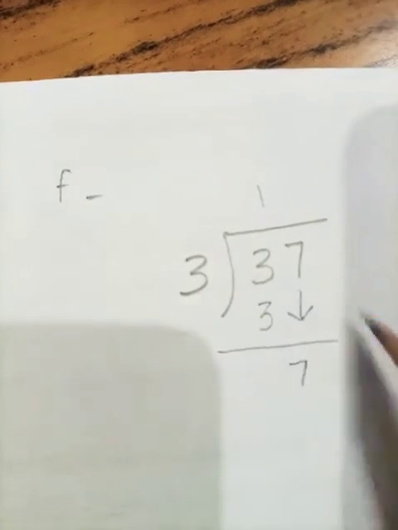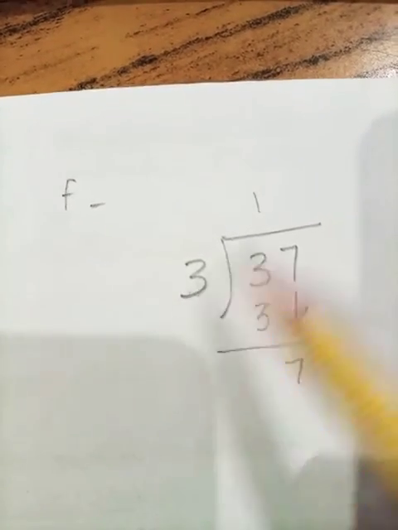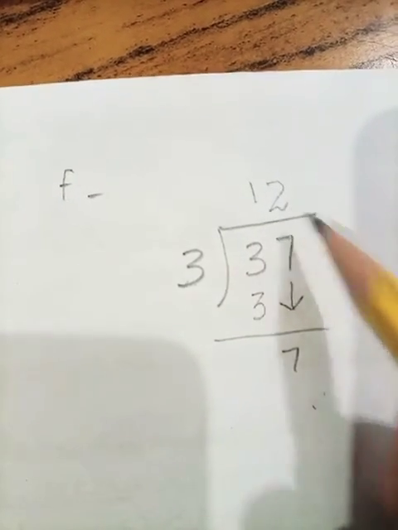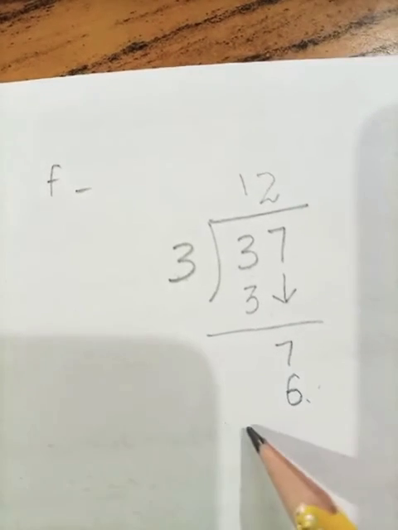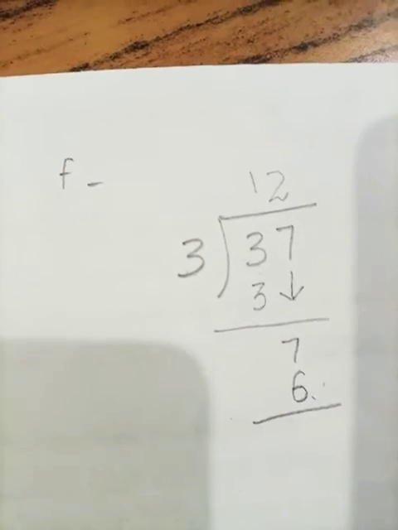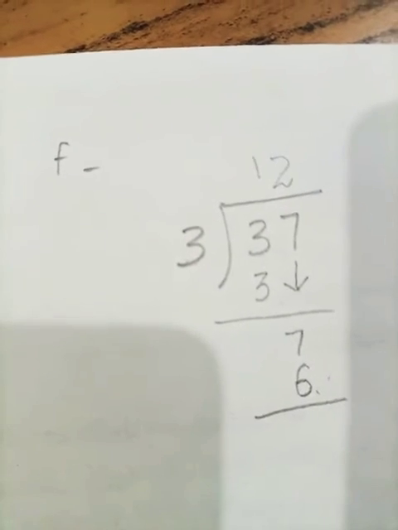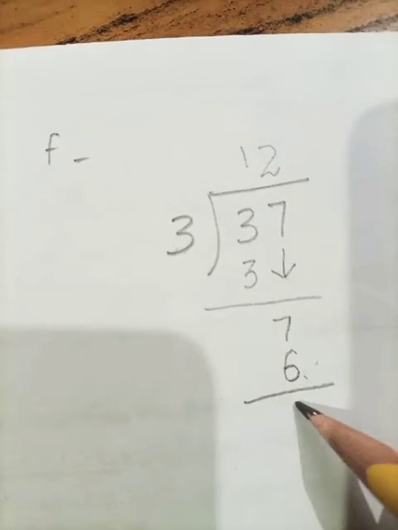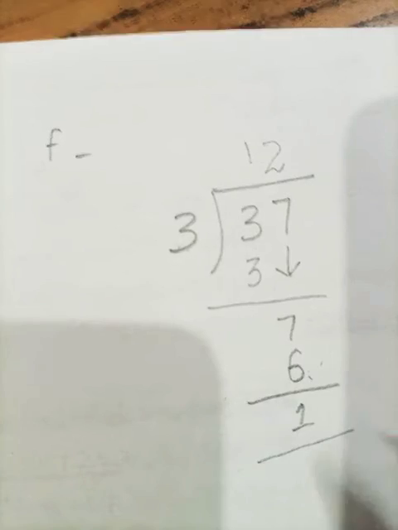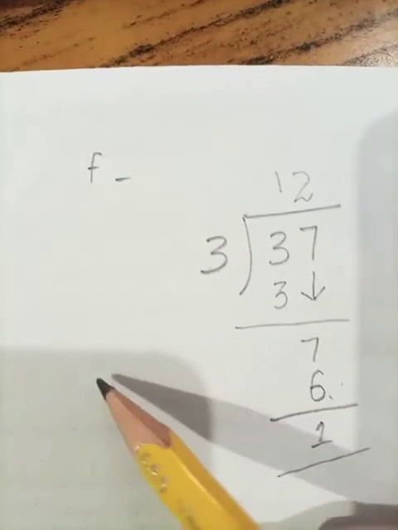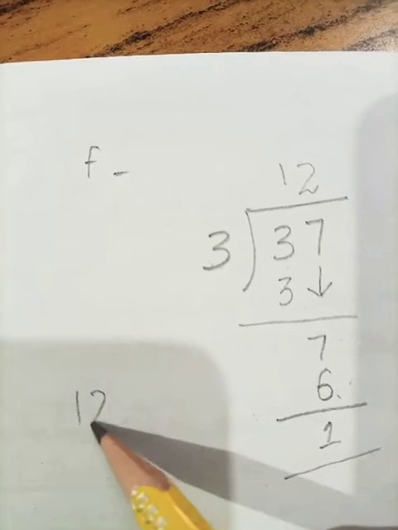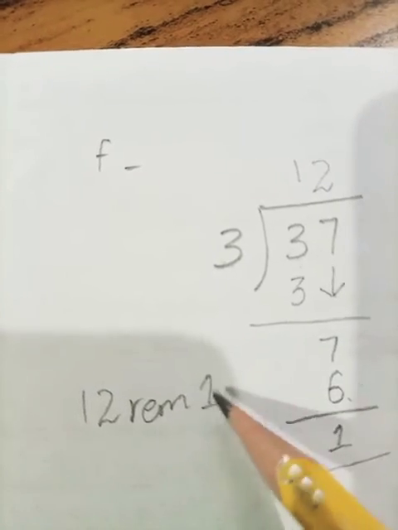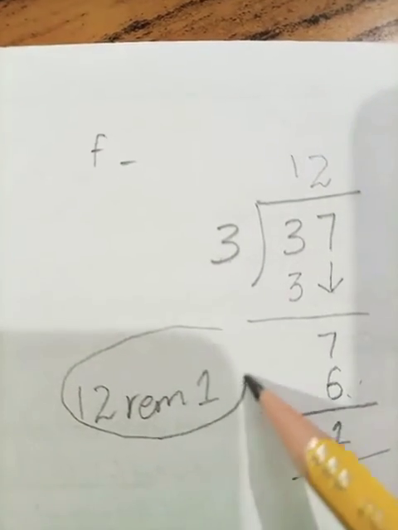Now students, let's divide the 7 by our divisor 3. 3 ones are 3, 3 twos are 6. Now students, what is the next step? Tell me. Yes, the next step is subtraction. When I subtracted 6 from my number 7, my answer was 1. That is my remainder. Let's write our answer here. 12, that is our quotient. Remainder, that is the 1. Here is our required answer.